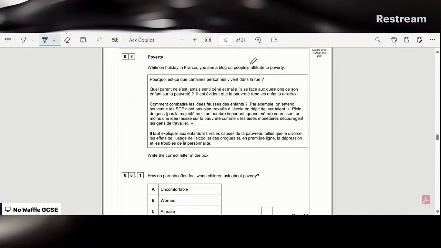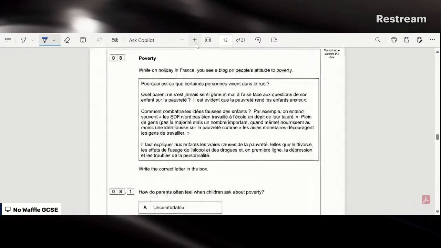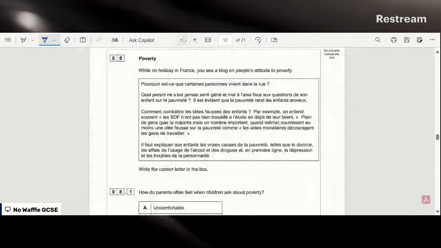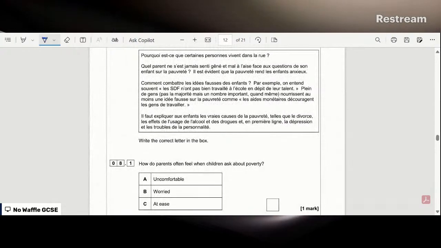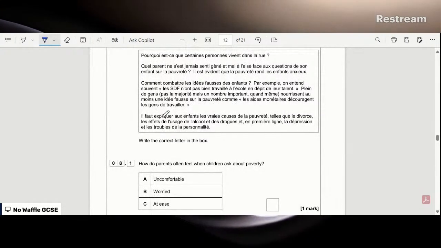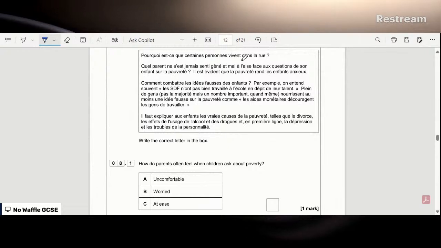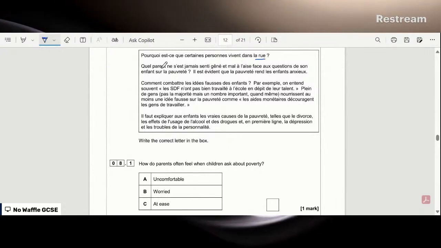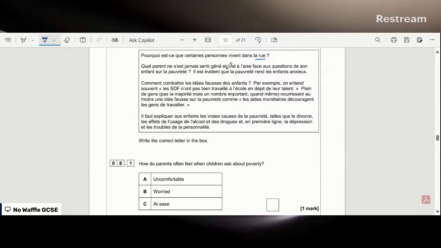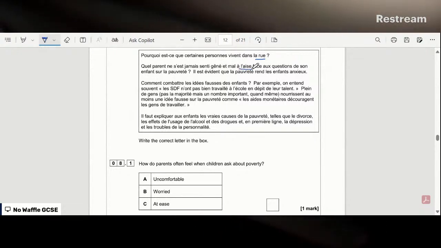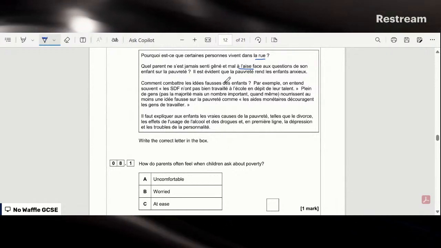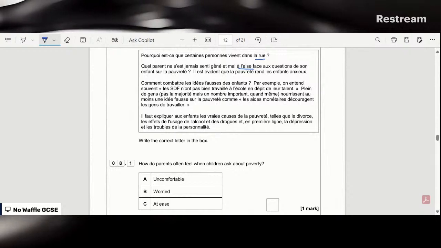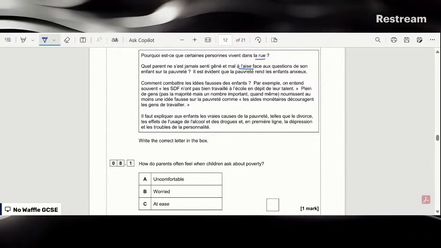While on holiday in France, you see a blog on people's attitude to poverty. Write the correct letter in the box. How do parents often feel when children ask about poverty? So let's see what it says. Pourquoi est-ce que certaines personnes vivent dans la rue? Why do certain people live on the streets, dans la rue? Quel parent ne s'est jamais senti gêné et mal à l'aise face aux questions de son enfant sur la pauvreté? So, a parent is never